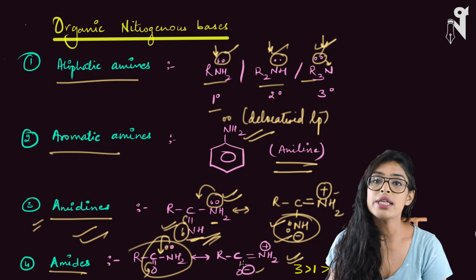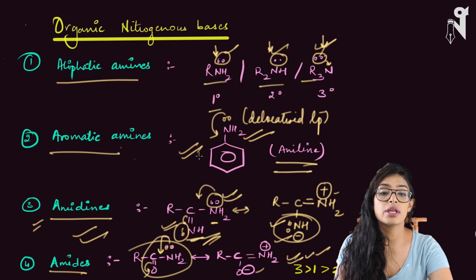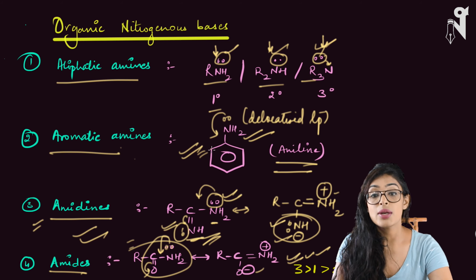Okay, so third one is the most basic, then comes your first one. Now when we talk about the aromatic amines, in aromatic amines the pair of electrons will be delocalized and nitrogen will carry a positive charge. So basically here you have 5 resonating structures, here you have 2 resonating structures. These 5 resonating structures in which nitrogen is giving the electron pair, 2 will have the pair of electrons, 3 will have a distributed electron density.